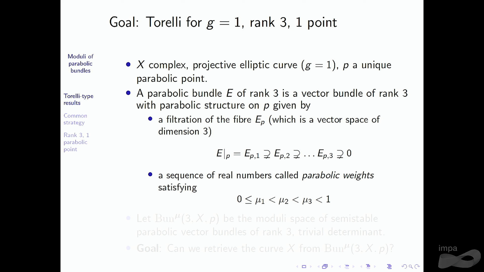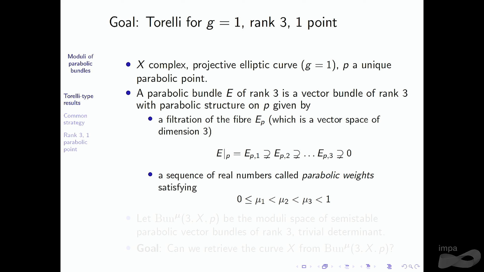P is a unique parabolic point, what does a parabolic bundle of rank 3 look like? So this is going to give me a filtration here. So I'm going to be in the case mainly with just 1 point. So it's very simple. Forget about all the i's and j's and whatnot. So at that 1 point I have the choice of a plane and the choice of a line, yes, and